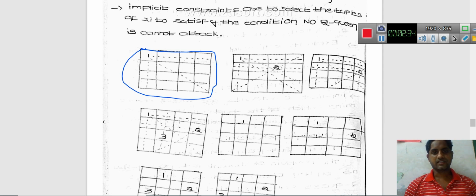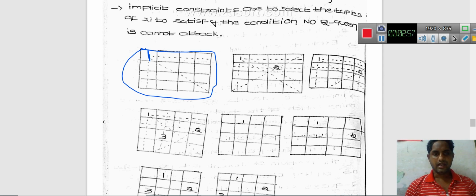First of all, we have to assign the first queen here. Don't place the next on the same row, same column, same diagonal. You cannot place the second queen in the same row, same column and same diagonal.